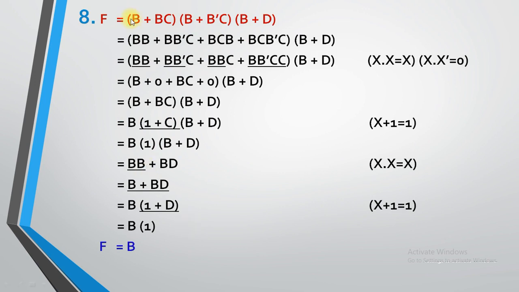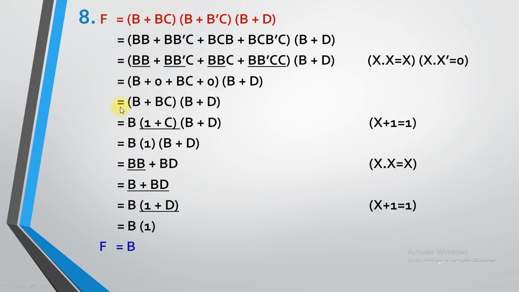Next Boolean function is based on the given brackets. What you need to do is multiply these variables. Now see, after multiplication you will get the following answer. Now instead of BB we can write B. B into B dash can be written as 0. BC is written only once, because 2 times B is there, so I need to write it at once only. And over here B into B dash means 0. So the final terms are B plus BC and B plus D.